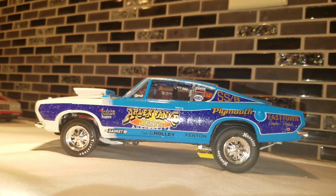He ran Firestone tires, but he also ran Hoosier slicks. So it's got Fenton rims on it. Best I could find that I had. So